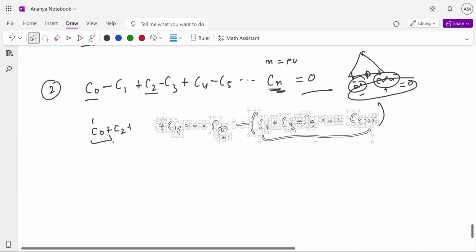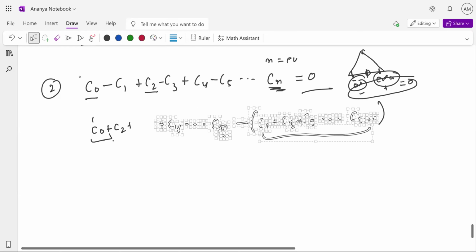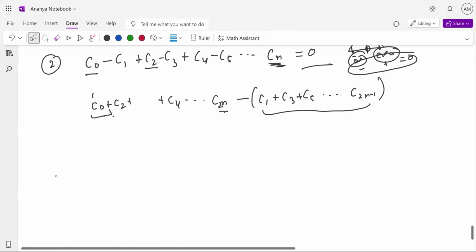Okay. I think these are more than enough properties. I don't think you'll get some other problem based on this. Okay, sir. Clear? Yes, sir. Okay. So yeah, one more thing we can write.